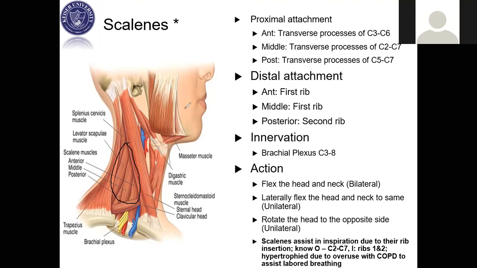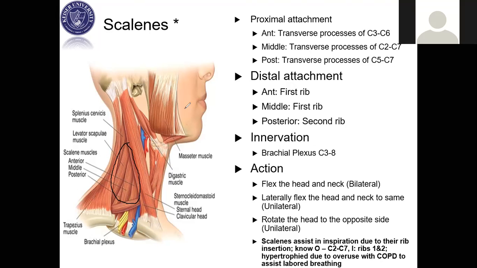But people that have COPD, which is known as chronic obstructive pulmonary disease, sometimes the muscles that perform the nice, easy breathing are hypertrophied. They're very, very weak. So what happens is when people with COPD breathe, they actually breathe kind of with their